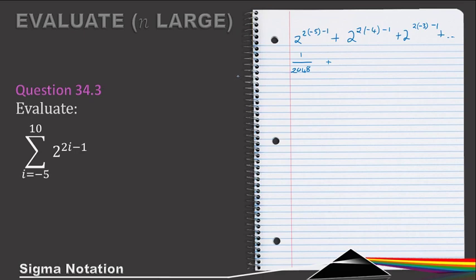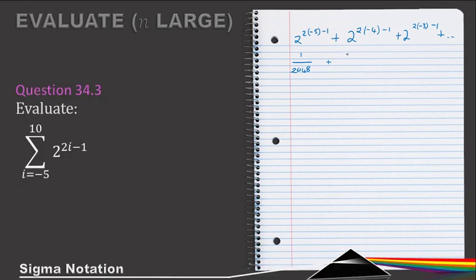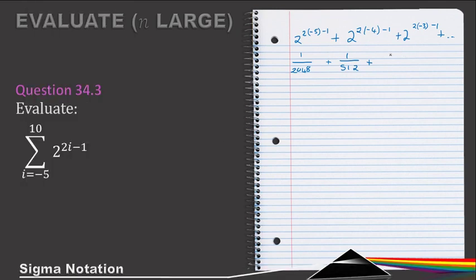And then the next one is negative 8 minus 1. So this is negative 9. That's 1 over 512. And then finally, negative 6 minus 1 is negative 7. And that's 1 over 128. Okay, so A value